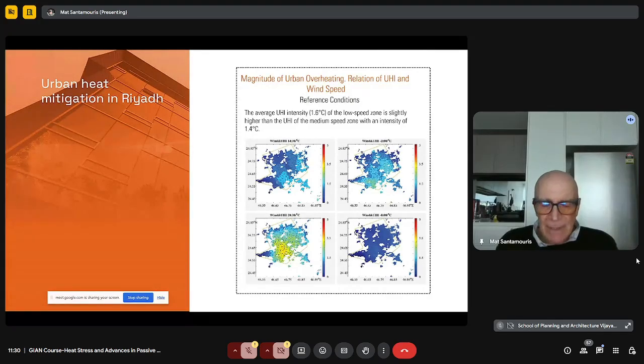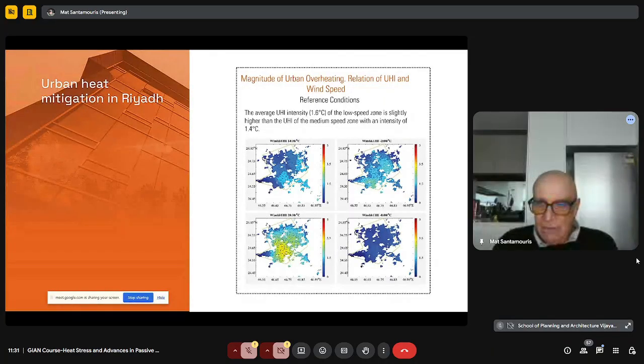What does it mean that? It means that we have advective forces. It means that really the wind speed contributes to decrease urban heat island, which means that urban heat island is very much affected by the convective losses together with the radiative losses